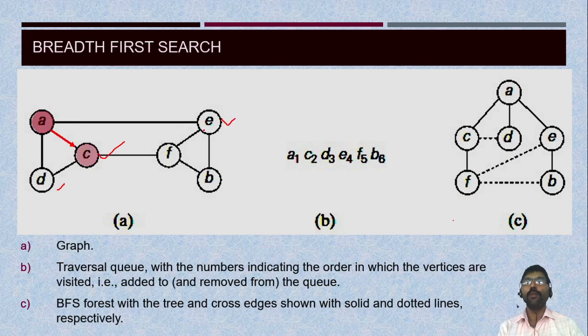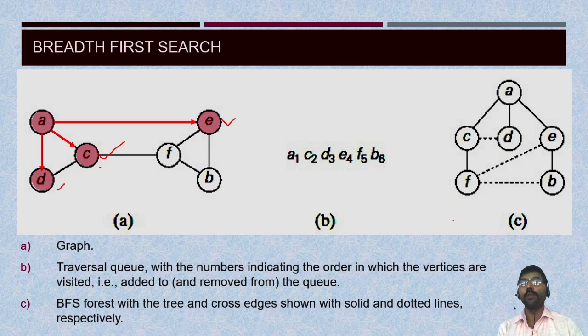So I will visit first C and mark it visited. Then I will visit D, then mark it visited. Then I will visit E, then mark it visited. In this case, instead of traversing in the depth, I am traversing in the breadth. That means all the adjacent nodes of A are first visited. Then once all the adjacent nodes of A are visited, I have to visit the nodes which are adjacent to these 3